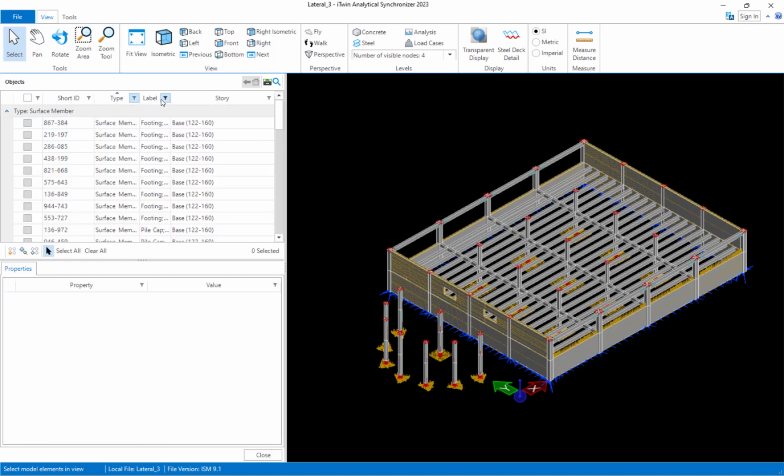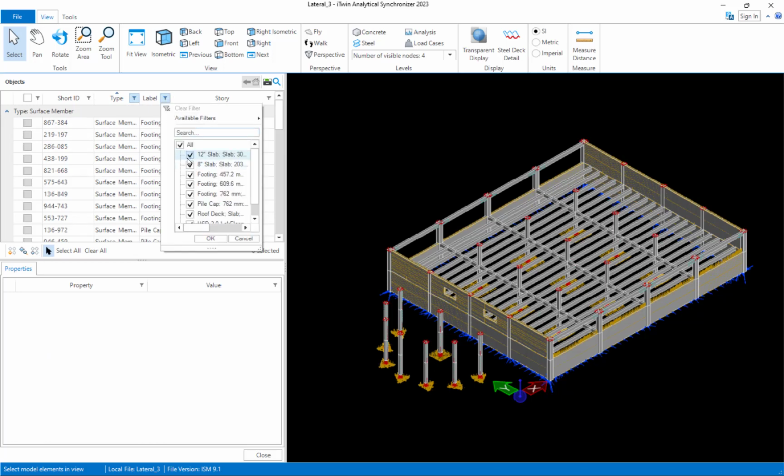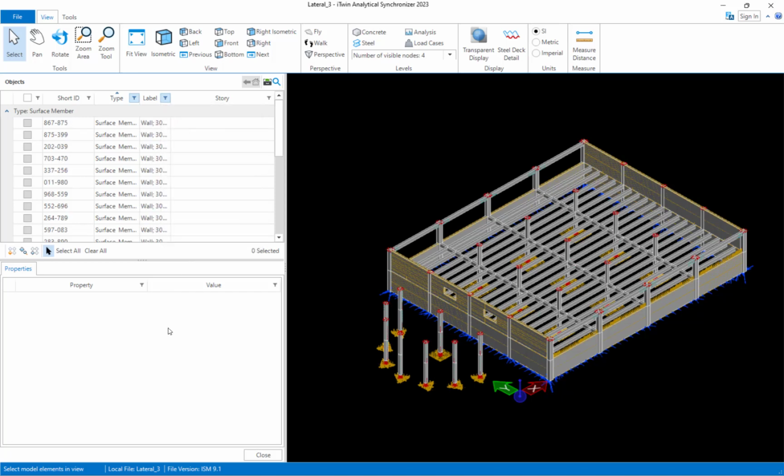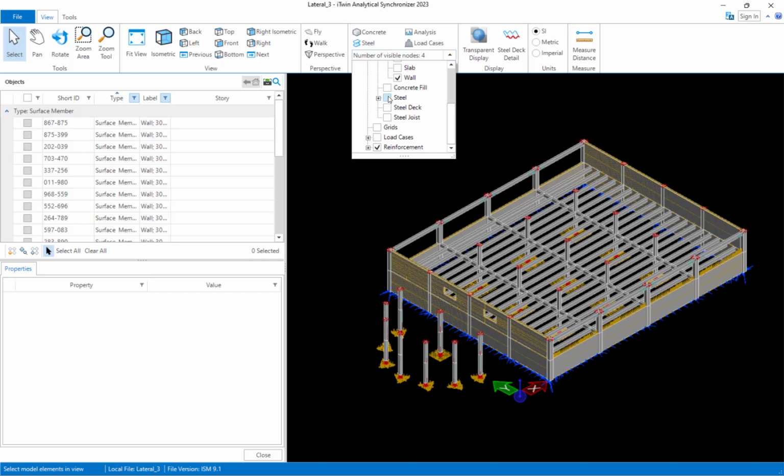Let's take a look at our surface objects, and I'm specifically looking for my slab information and my walls. So here you can see I've identified my surface members and my walls. Right now I'm not seeing them because this filter has been set,